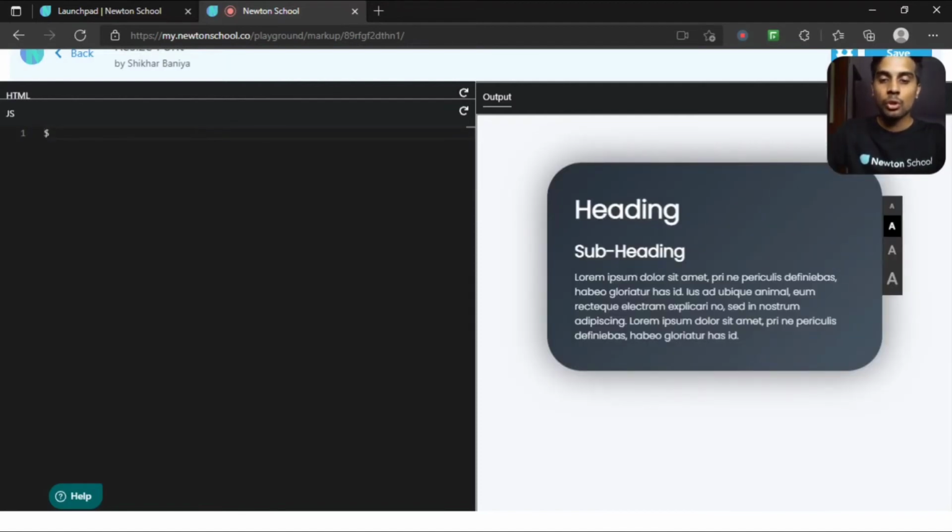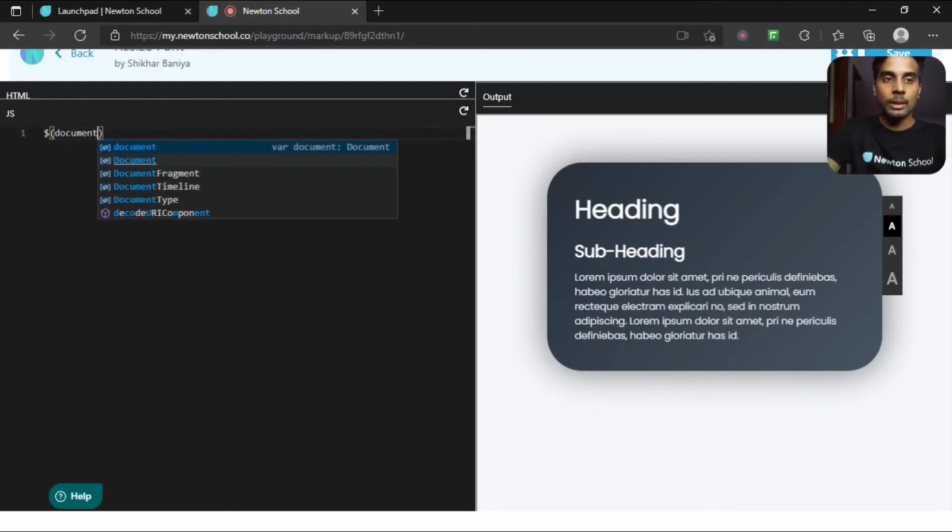So dollar, for the whole document. I'm selecting the whole document, dot ready, and inside this ready function, I want to call a function.